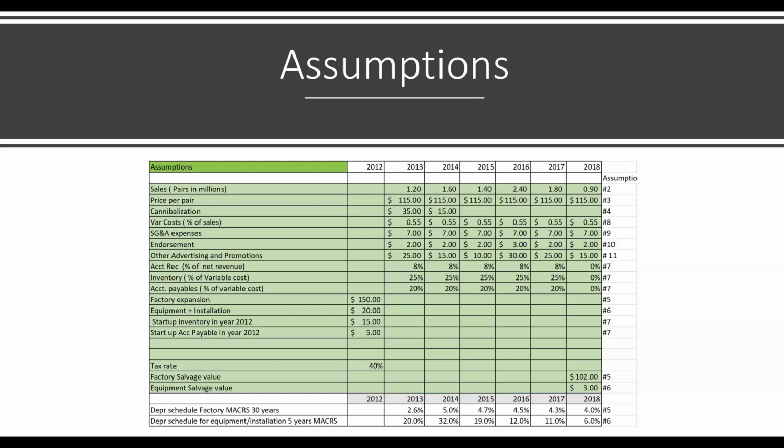So when you're putting together an Excel spreadsheet for a project where you are looking at forecasting cash flow, which will eventually lead into, does this project make sense or not, looking through the lens of net present value and internal rate of return. So here, the assumptions that are provided to us in the case study are